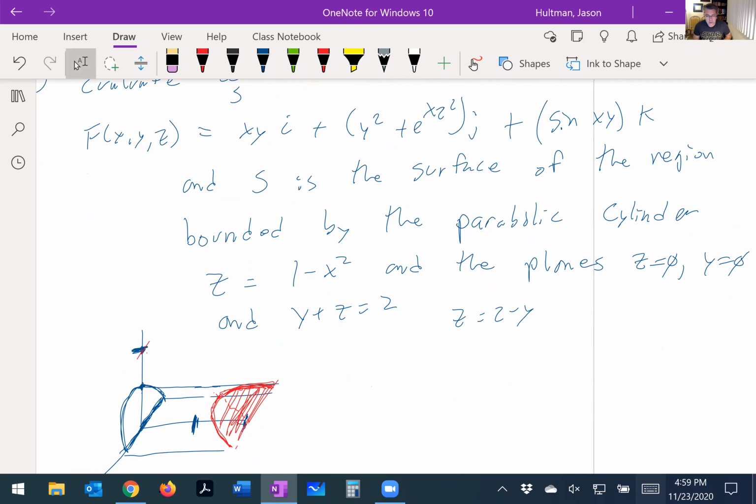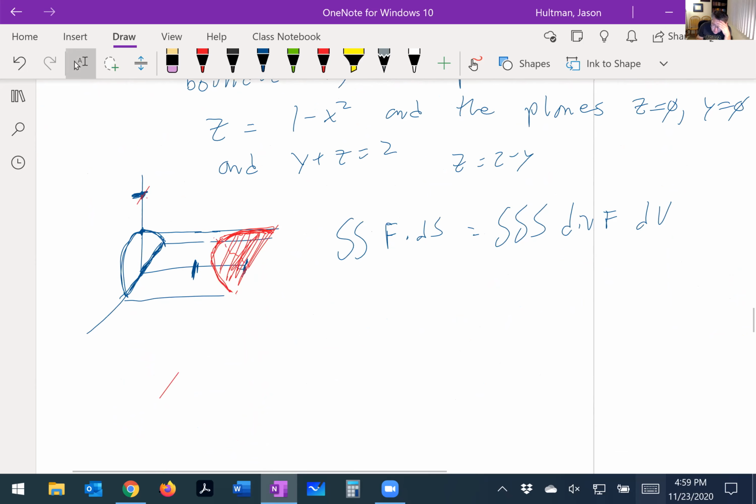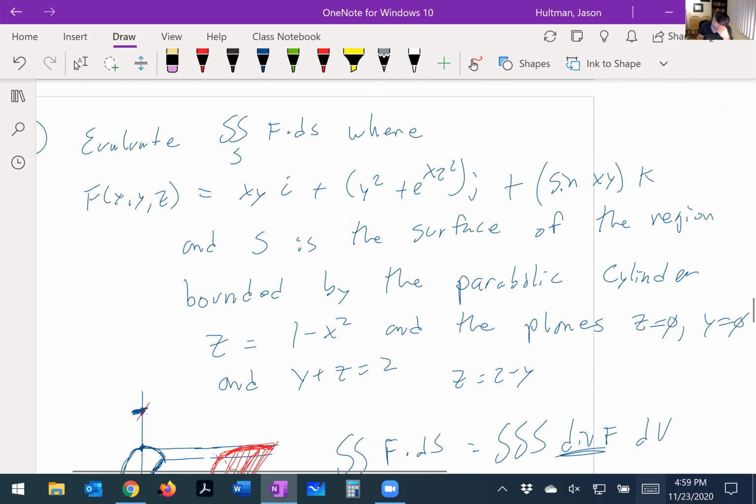Okay. So the surface integral is going to be equal to the triple integral of the divergence dV. So the triple integral of this thing. Okay, so what is dV? What's the divergence of F? Well, the divergence of F is going to be